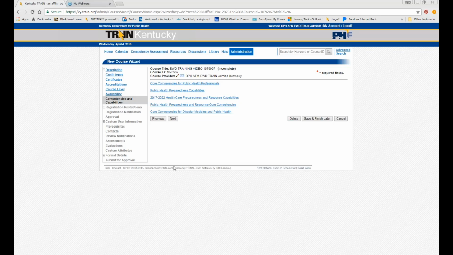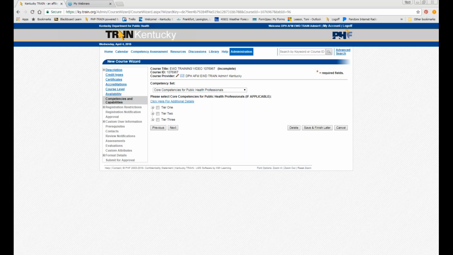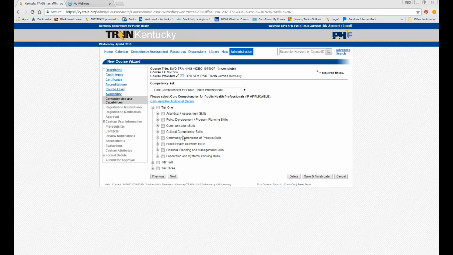Okay, these are your competencies and capabilities. I would stick with this first set of competencies, core competencies for public health professionals. The tiers kind of go along with the course level. So your introductory courses are going to stick with your tier 1s. Intermediate will go with tier 2, and advanced will go with tier 3. So since this is an introductory course, we'll stick with tier 1, and then you see there are 1, 2,